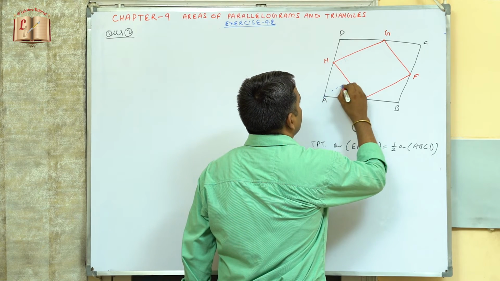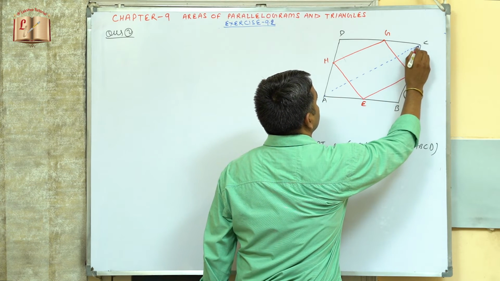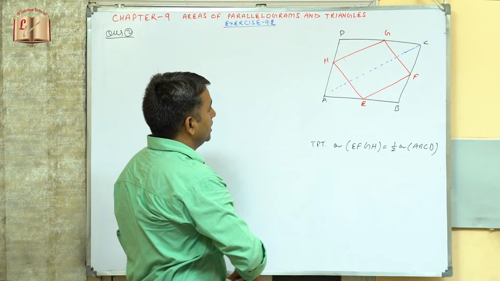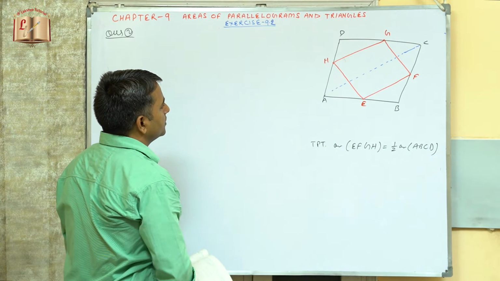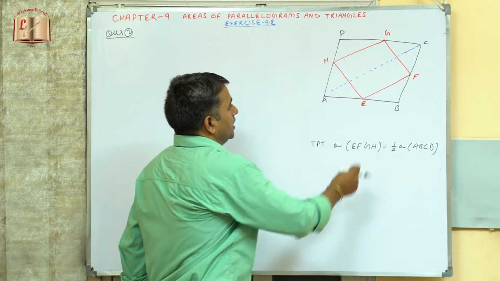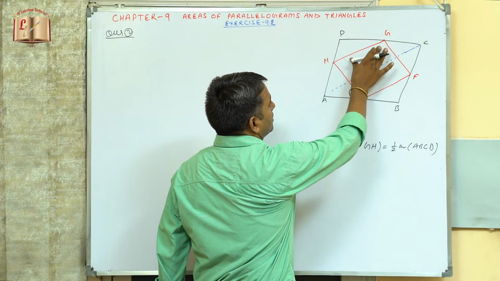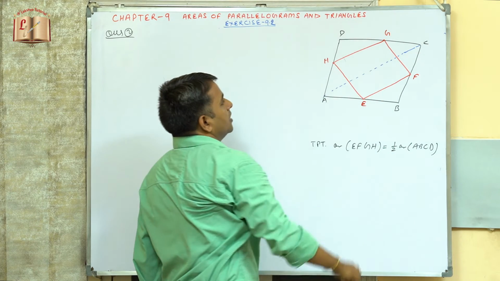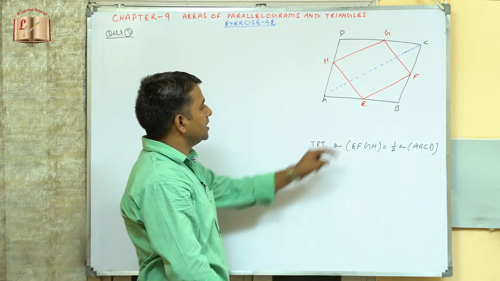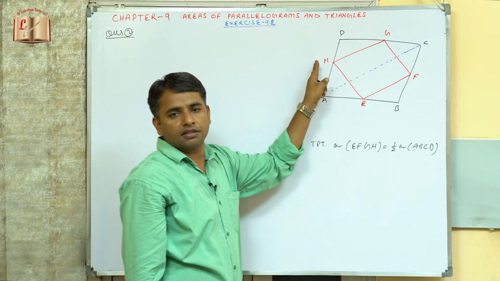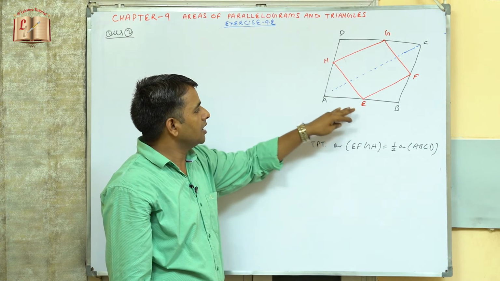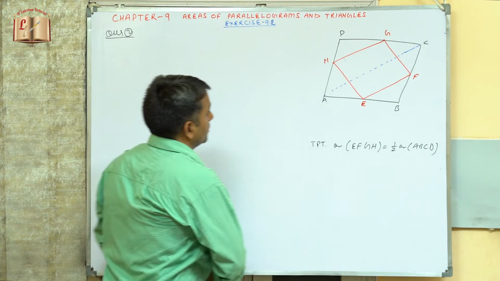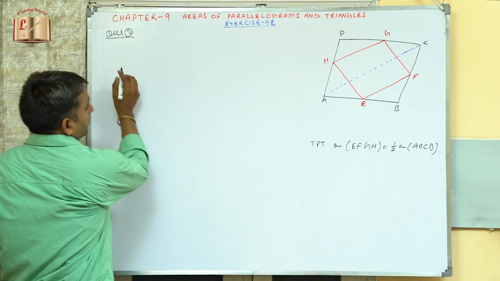We can join this diagonal AC. So joining this diagonal, now see that this portion now and this one. Now taking that E, F, G, H, these all are the midpoints given to us. So we can find that